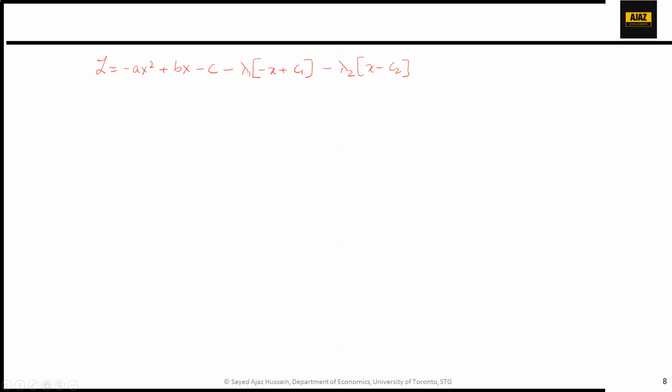Now, if you remember, at the optimal solution, this of course is your y. So the optimal solution, this will be y constrained, and then the next two terms are going to be 0 by the Kuhn-Tucker conditions. So the value of L star is always equal to the value of y subject to